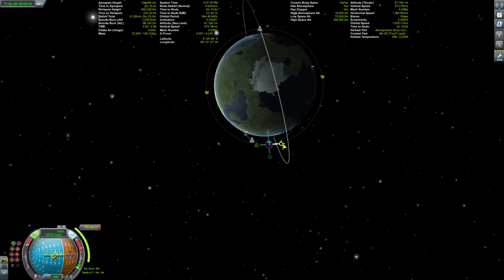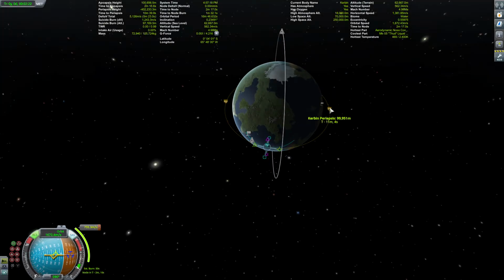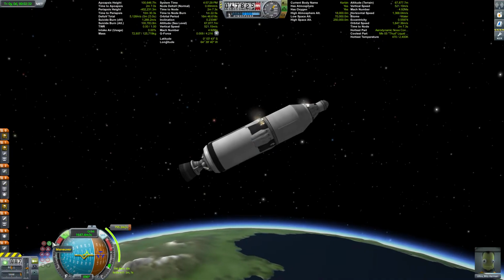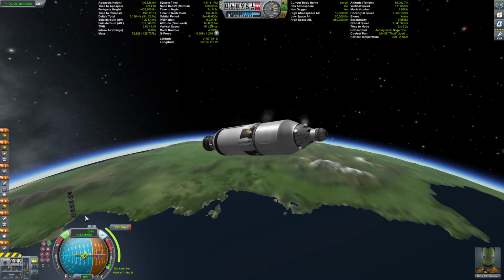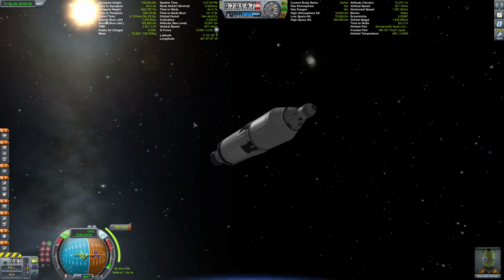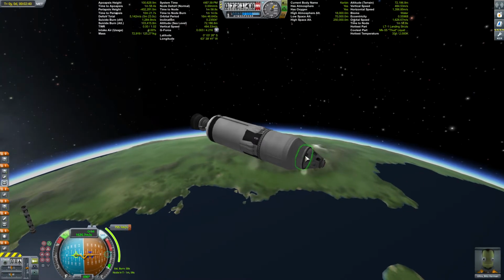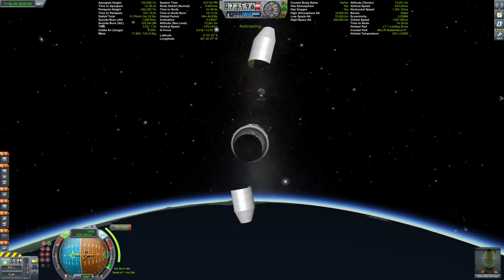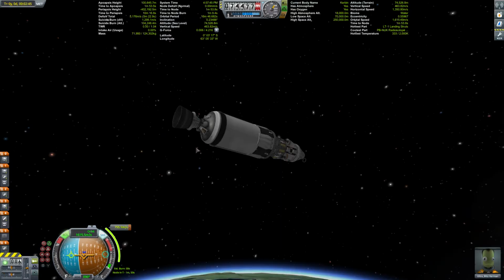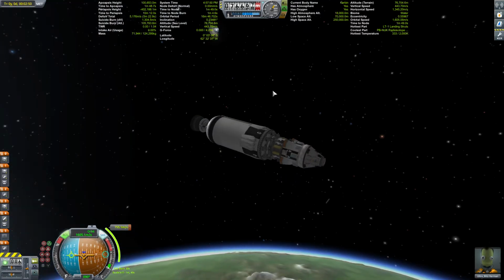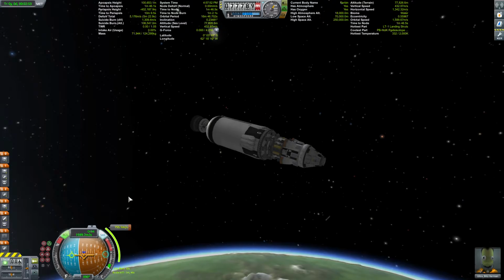So at about that point, we're going to stop, and that should be 90 and 101, which is pretty good. So I think that's good enough to be circular. And then what you want to do is click on this maneuver button right here, and it will allow your rocket to face in the direction of the maneuver node, and it will allow the rocket to work a little bit better. And once you get out of the atmosphere at 70 kilometers, you can deploy whatever fairings and other pieces you had on the rocket. So I just deployed the nose cone and the fairings for this Dragon capsule that I'm using for the flight. And we'll just sort of coast along until we can get ready for our burn.